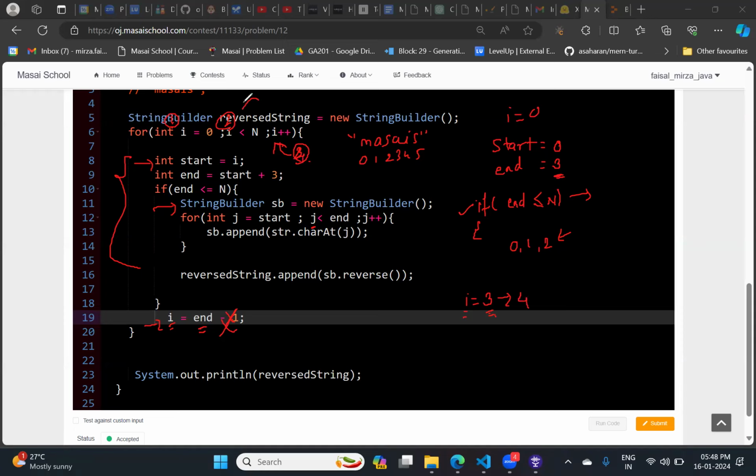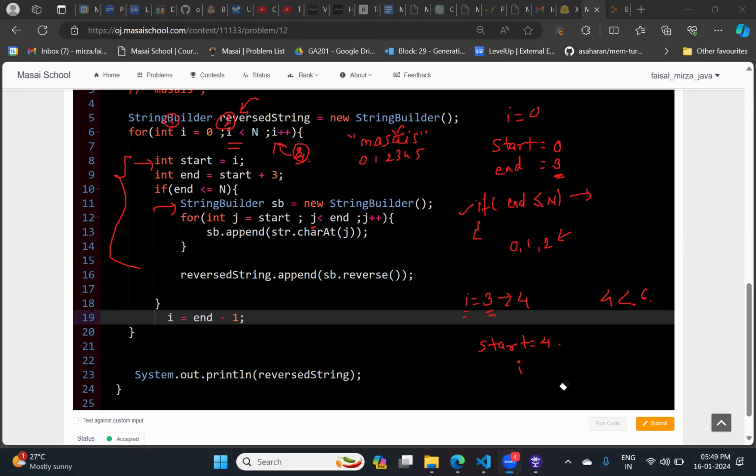Then again this condition is going to be checked, whether I is less than n or not. Whether 4 is less than n, which is right now suppose 6. So the condition is true, right? And what will be the value of start now? Start is equal to I, so it is going to start with 4. And who is present at number 4? From the mask I, it is I present at number 4. But we have to start with the A now. That's the reason why I just did I -1. So this was the reason, and this is how it is working.